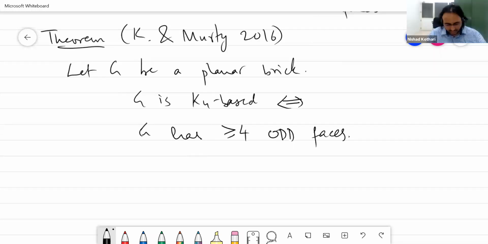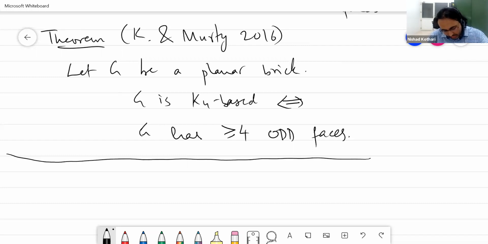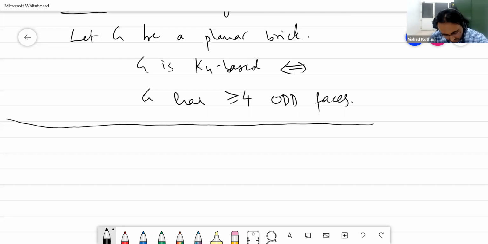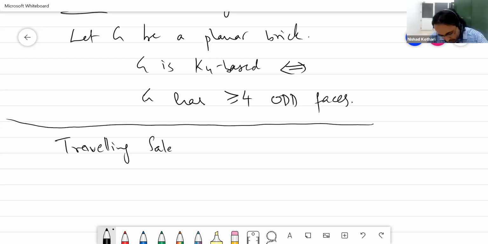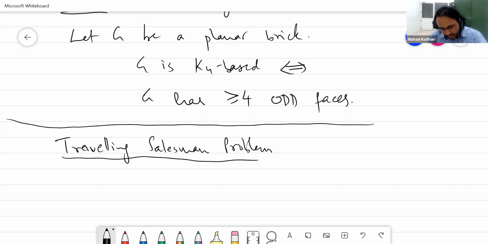Okay, yes. I can mention a few things about that. Are you familiar with some operations research topics? No, I'm a first year, but I have a general idea of operations research. Okay, have you heard of the traveling salesman problem? There is a very famous problem in operations research and optimization. It is called the traveling salesman problem.